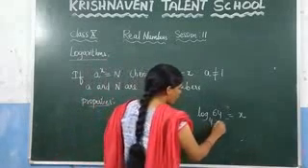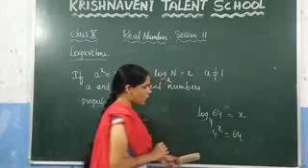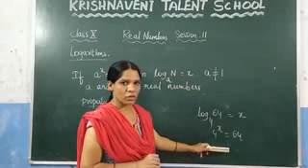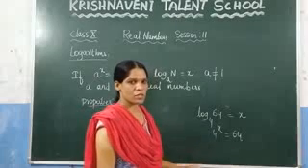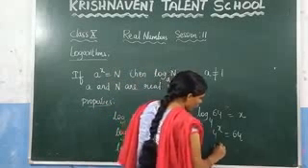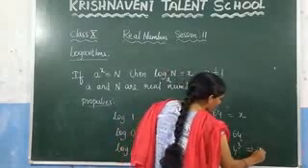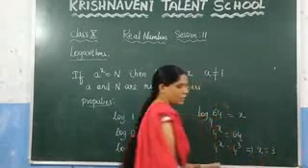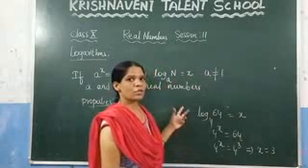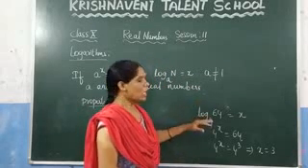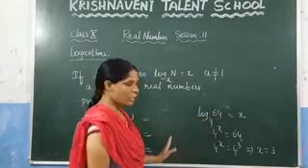Similarly, here you can write 4 power x is equal to 64. Can we write 64 in the form of 4? Yes, we can, because you know that 4 4s are 16, 16 4s are 64. So here 4 power x is equal to 4 cube. Since the bases are equal, what is the value of x here? 3. Like that you can convert. If you have been given an exponent, you can write it in the form of a logarithm, or if you have been given a logarithm, you can write it in the form of an exponent.